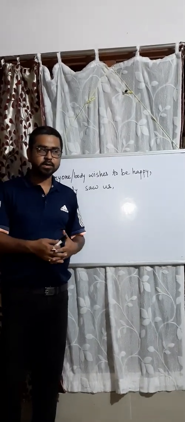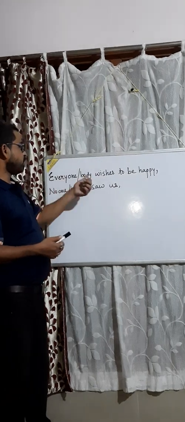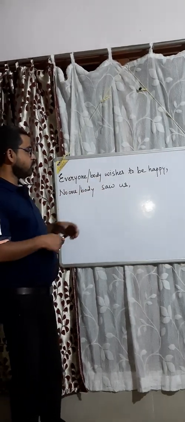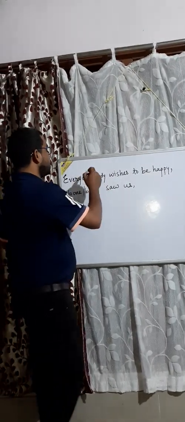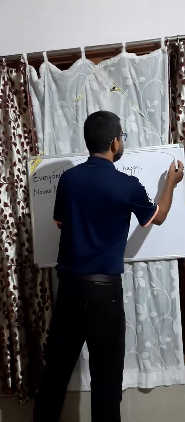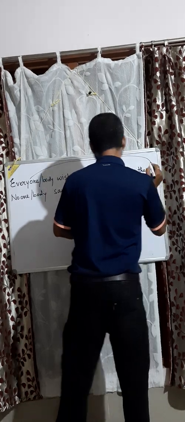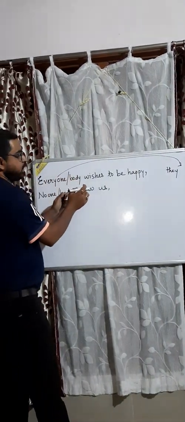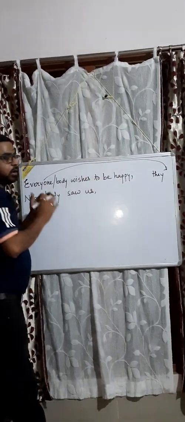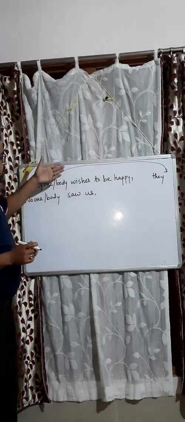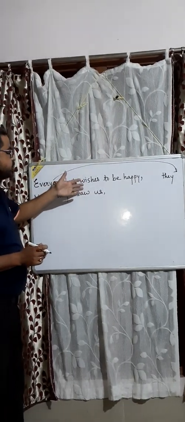Now if you get a sentence with expressions like everyone or everybody or no one or nobody, one thing is definite, that the pronoun that we use at the end of the tag will always be they. So this everyone or everybody gets converted to they. Now let us apply the steps here. So this is obviously a positive statement. Then